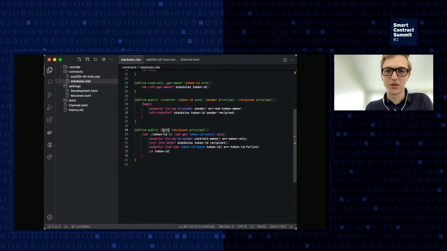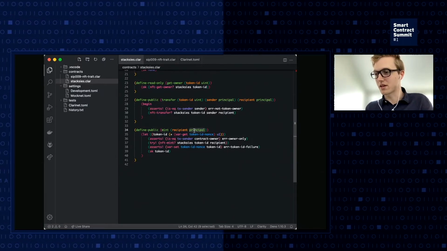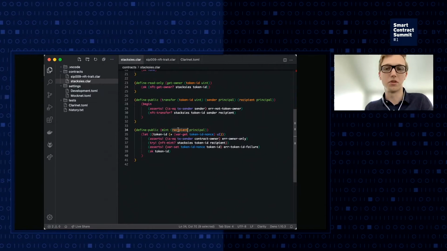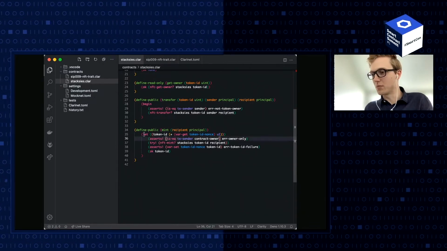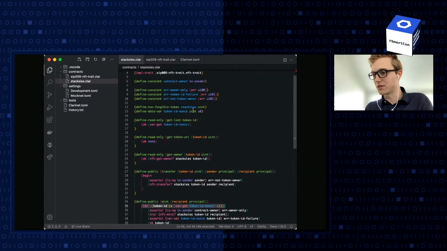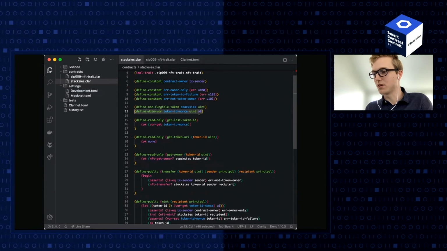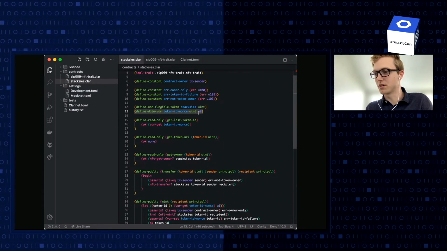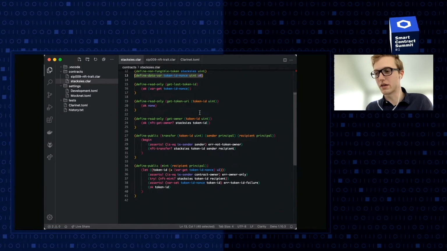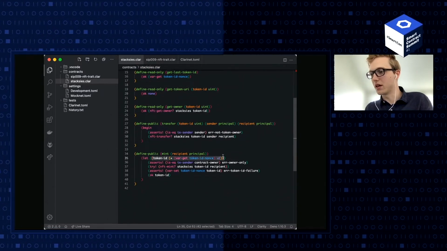This is a convenience function that I added, that I will show you in a little bit. It just mints an NFT with the next ID to whatever recipient you pass into it. So this does something very simple. It just reads the current last token ID, which is a variable defined right here, which starts with an unsigned integer 0. Unsigned numbers always start with a u because Clarity is very explicit. You retrieve that token ID and you increment it by 1,